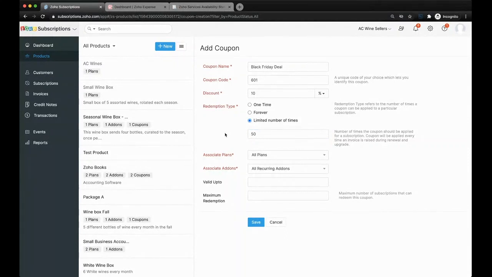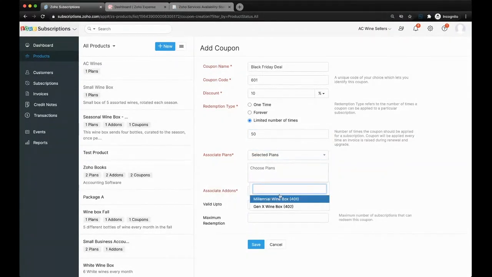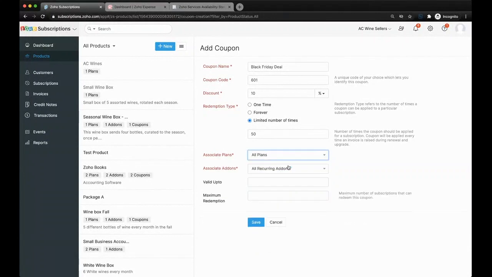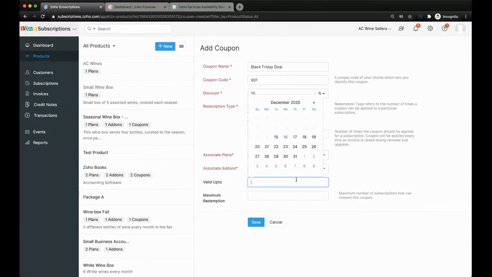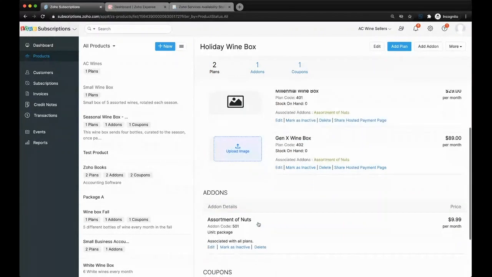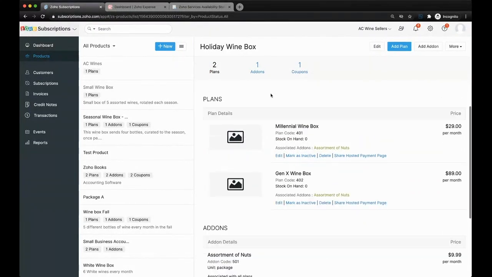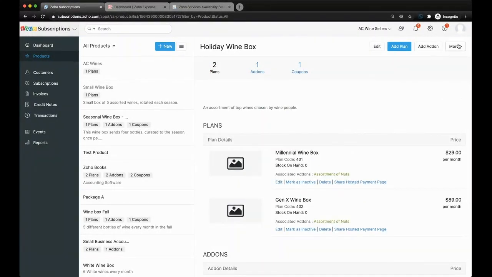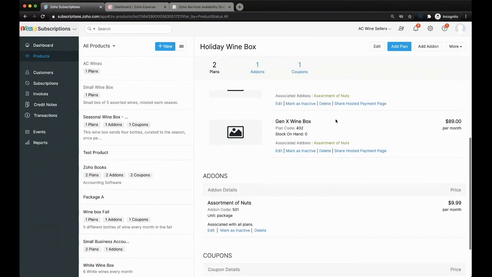And so I can make this available only to selected plans or to all plans if I want to. And I can also apply this to add-ons or no add-ons. So I'll say this does not apply to add-ons, and it's only valid until the 31st. So there we go. We'll go ahead and hit save. And so now I have a coupon, I have a plan, I have an add-on. Now, the most important part of this is actually taking a look at the hosted page that's created for this particular